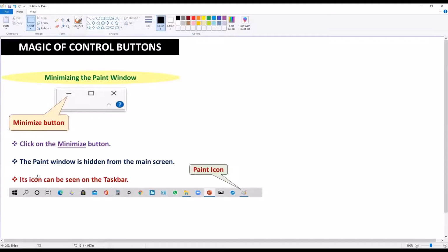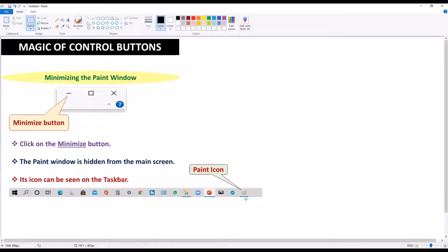But the icon can be seen on the taskbar. This is the taskbar, children. So remember, whenever a window is minimized by the minimize button, its icon can be seen on the taskbar.